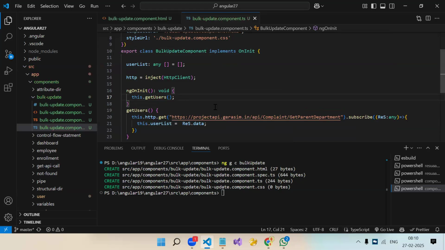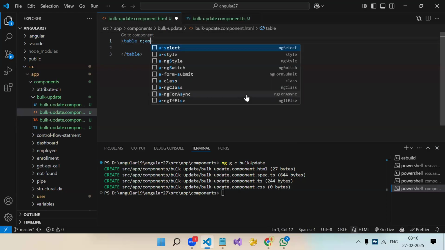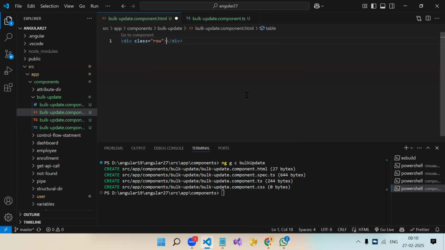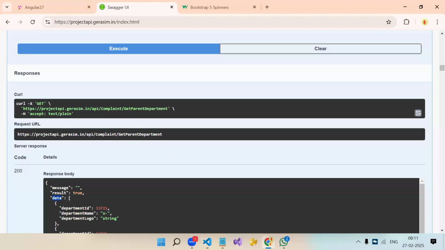Okay, so on the page load we will have the data inside this variable. Now we will create a table. So here, okay, nothing is there.